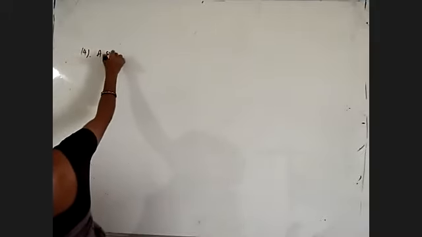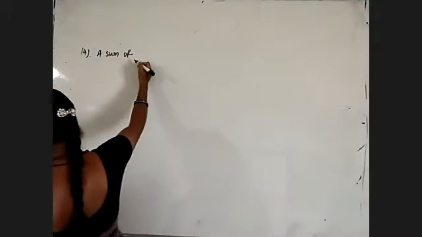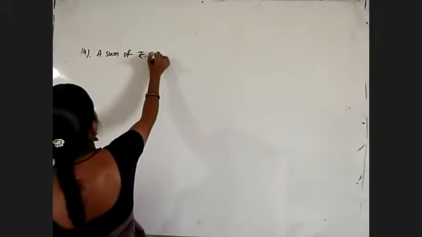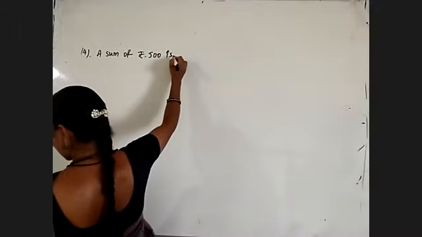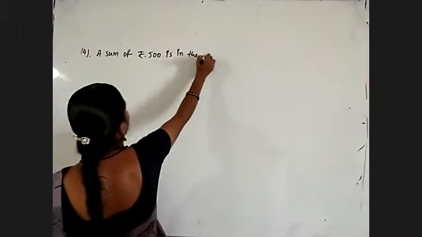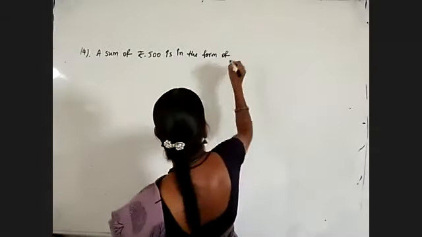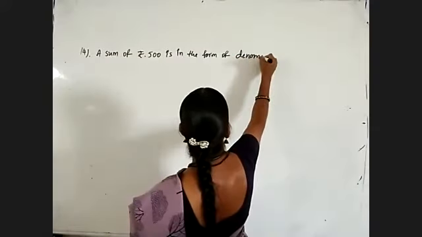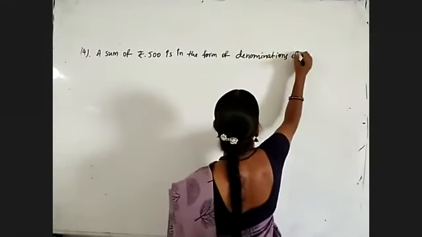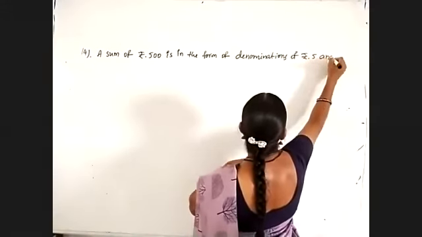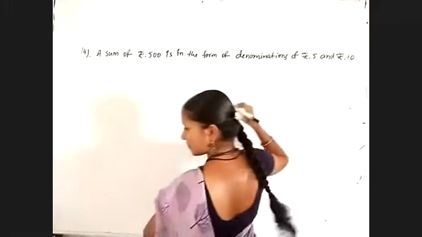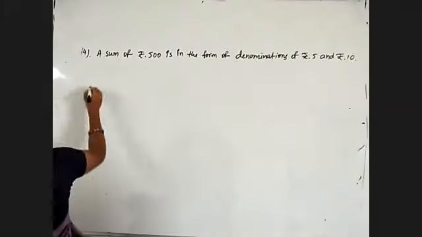Okay. Now coming to the next question. A sum of 500 rupees is in the form of denominations of 5 rupees and 10 rupees. If the total number of